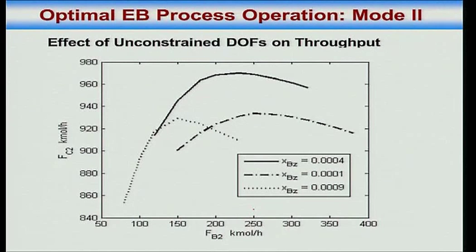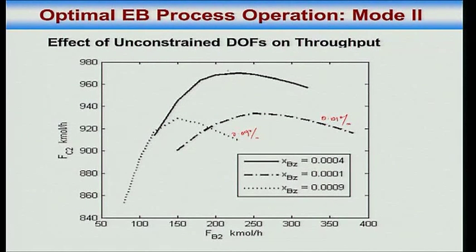You had two unconstrained degrees of freedom, right? DEB recirculation rate and whatever was the product impurity, XC6, right? So XC6 is X benzene. The line that is solid is the optimum, 0.04% benzene. This line, dash dot, is 0.01%, this is 0.09%. So mostly benzene is the dotted line, dash dotted line is mostly diethyl benzene, and the black solid line is a little bit of this and a little bit of that, comparable amounts of the two impurities, right?